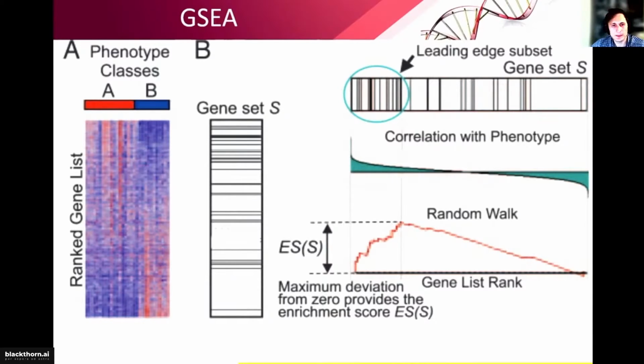running it. You're calculating a running sum. So if a gene occurs in your gene set, the running sum increases. If there is a gap, it will decrease. And while this analysis is going, your enrichment score increases in the most dense regions, and then it decreases when you don't see genes from your gene set. And basically, you then normalize this score by dividing by the overall number of genes in the gene set, and you can calculate.